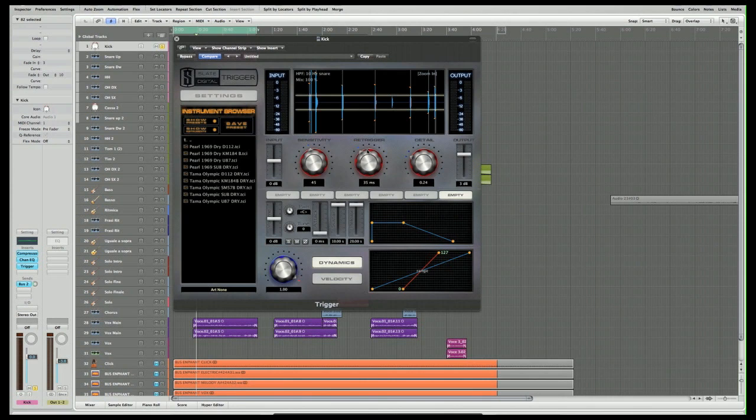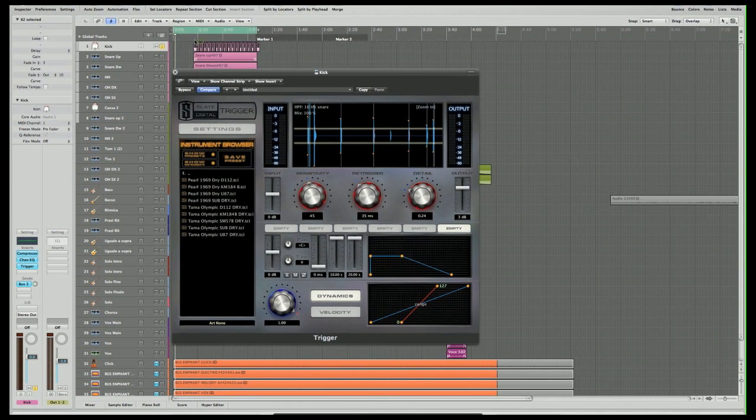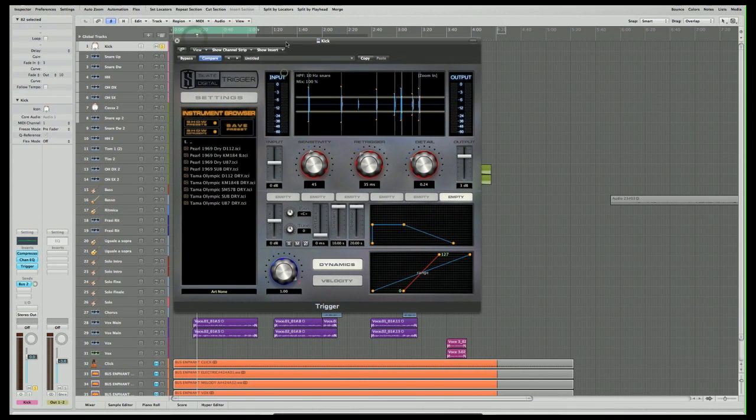Once open, you come up with this screen. On the top right corner we have the beat detection area with a graphical representation of all the beats detected, and if we play it now we can actually see it in action. There we go, with all its different velocities. We can then adjust the detail, and the detail allows you to avoid any